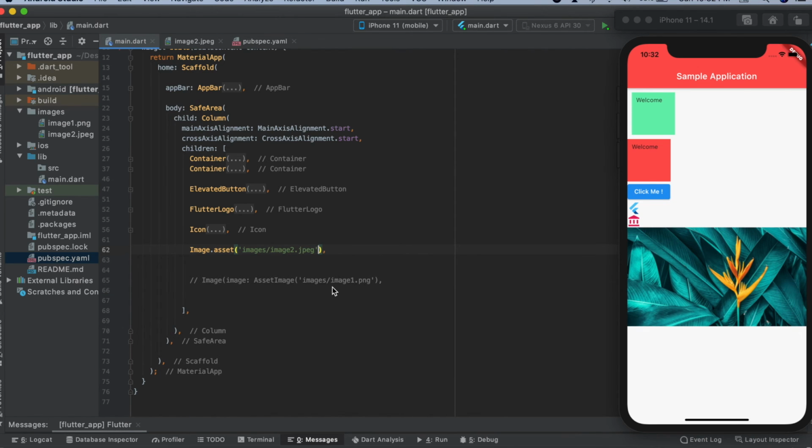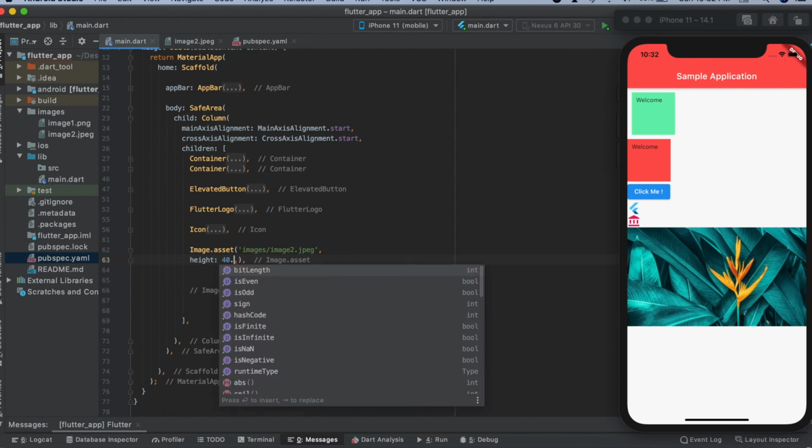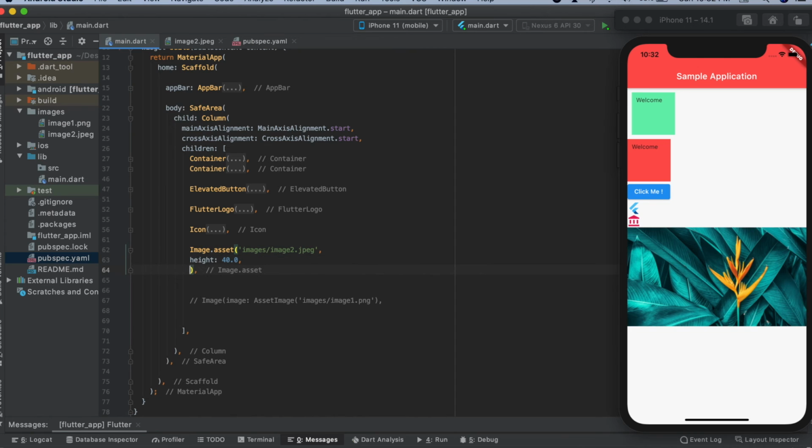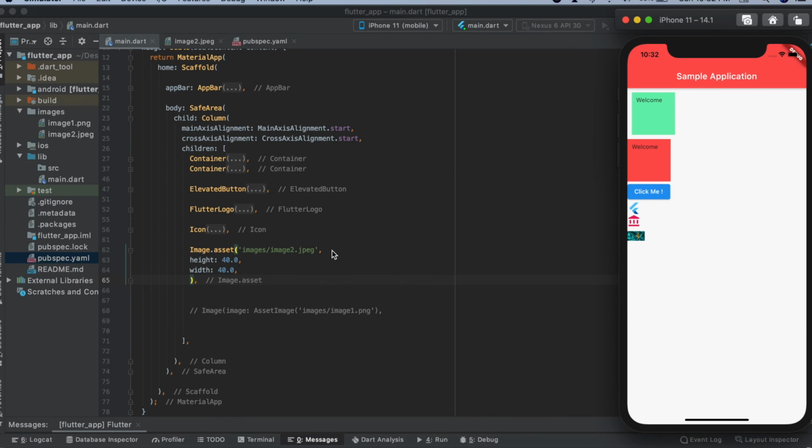Then I can change its style, color, height, width, and everything. Let me give it a height of 40 and a width of 40. So this would be your image.